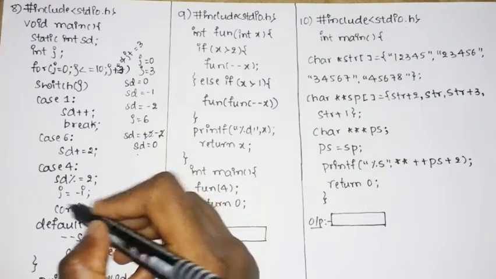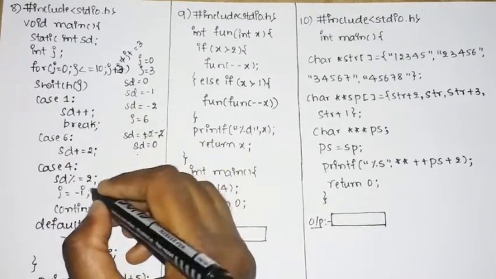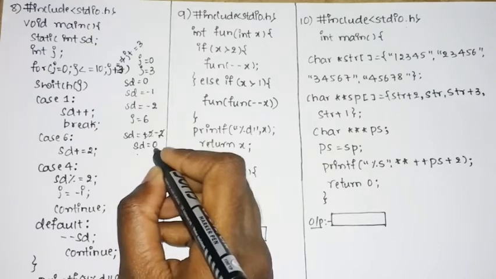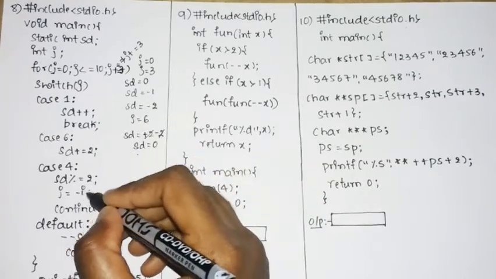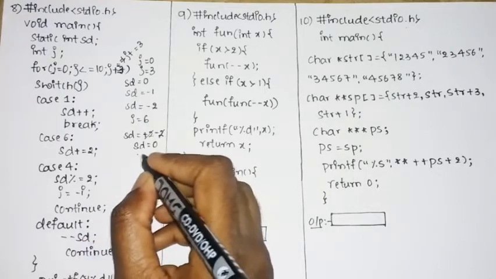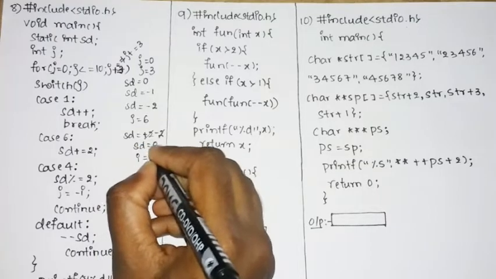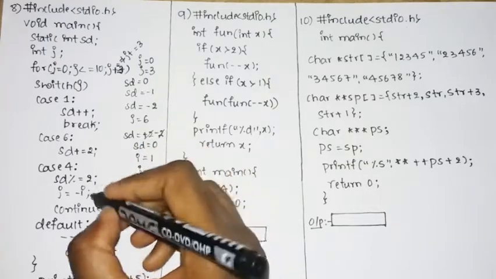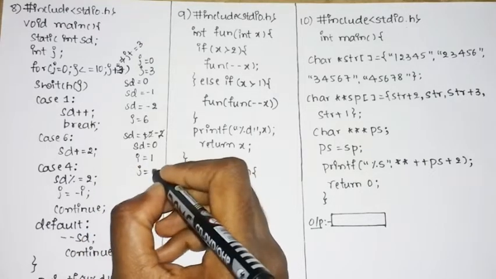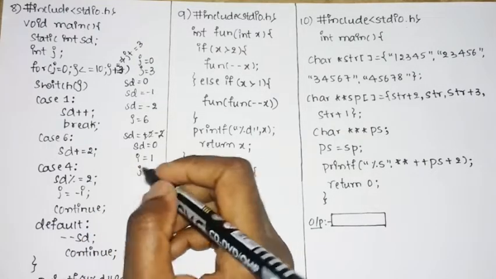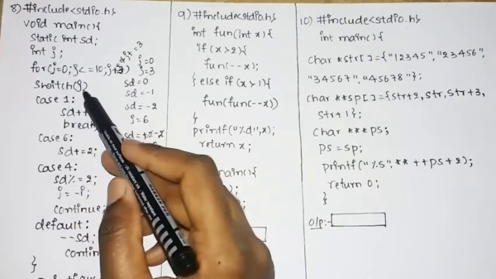Continue again, it goes here. j is equal to minus i. Here you can see st equal to 0, and there is no value for i. So for j equal to minus i, we shall consider the value of i to be 1. If you consider i equal to 0, you cannot say minus 0. So if i equal to 1, j will be minus 1. It has some value. So now again continue, so j is equal to minus 1.